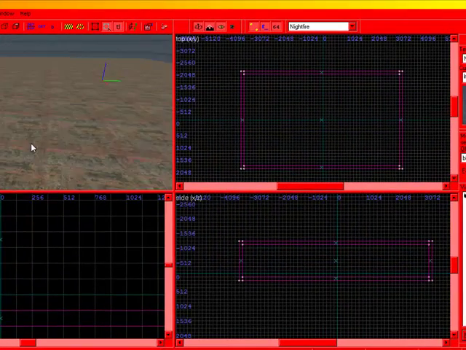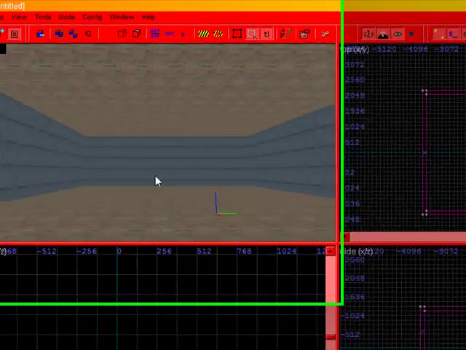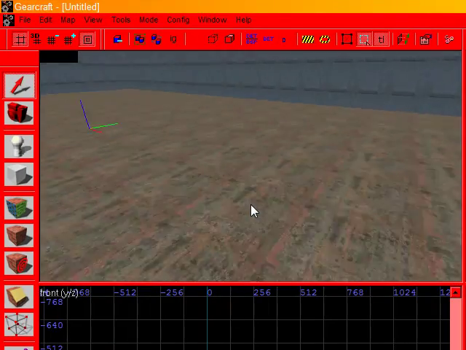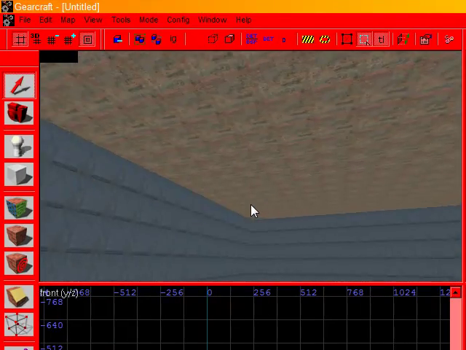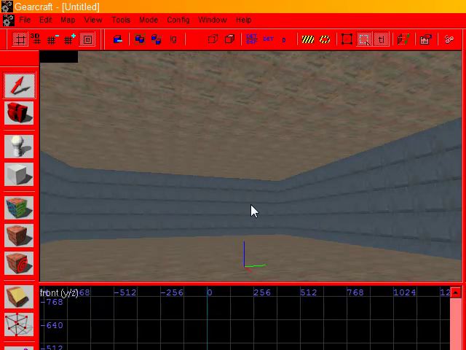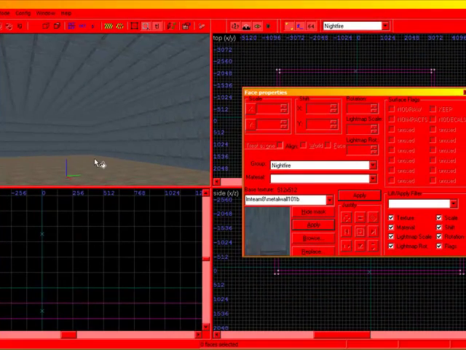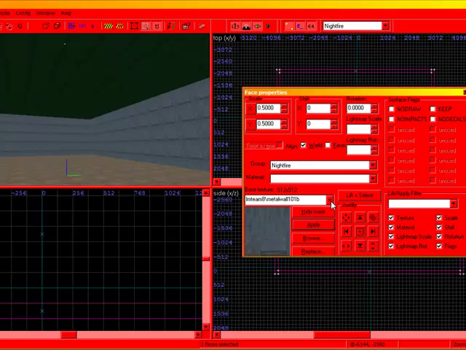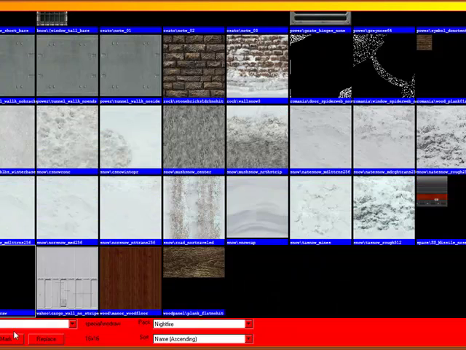Now, one other thing, if you want to make a room, an inside level that has no sky, then don't bother with sky. But if you want sky in your level, like the sun and the clouds and stuff, select the top of your... oops, I forgot I had apply on. Put it back to lift and select. Select the top here,